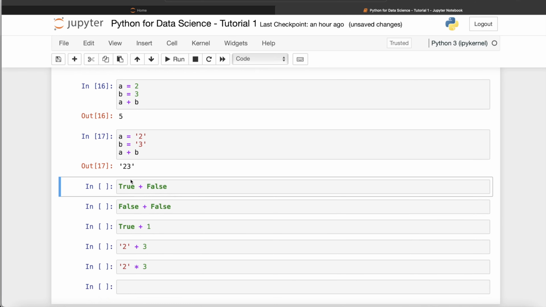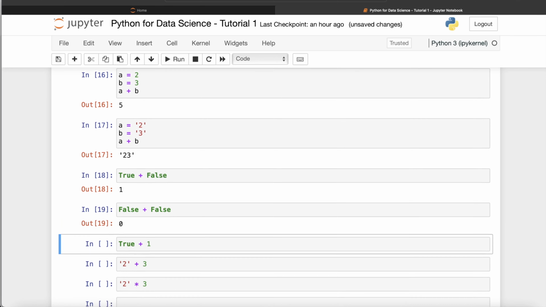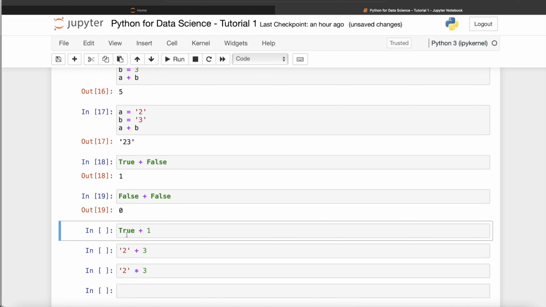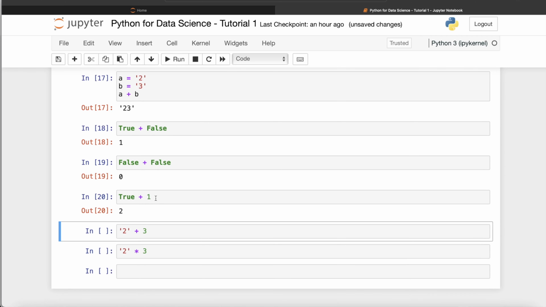Similarly, when I do true plus false, what do you think it is going to return? 1. Why? Because true is 1 and false is 0. So you see, false plus false should be 0. True plus 1: now true is a boolean value and this is an integer, right? So once I do this, what should be the output? 2. Because true is equal to 1 and 1 plus 1 is 2. Now what will this return? So a string plus